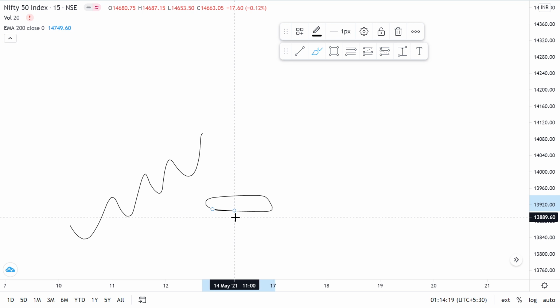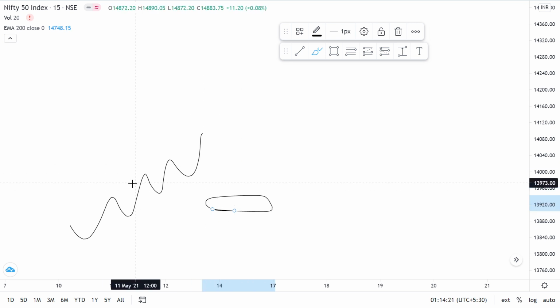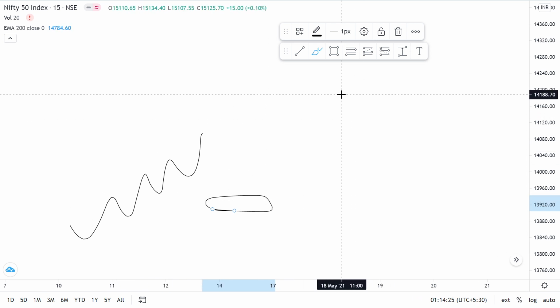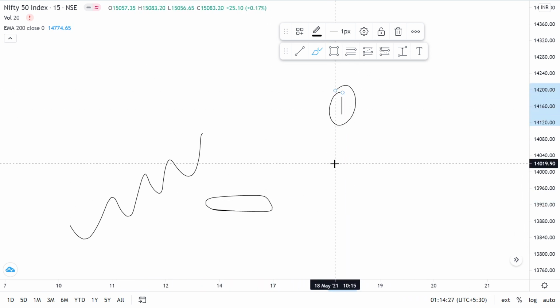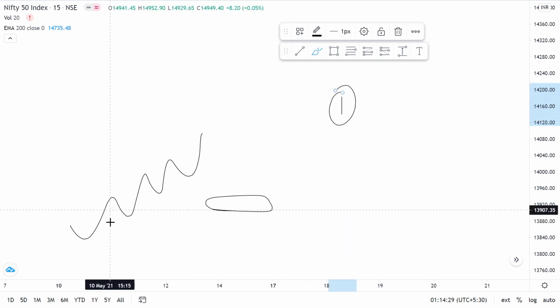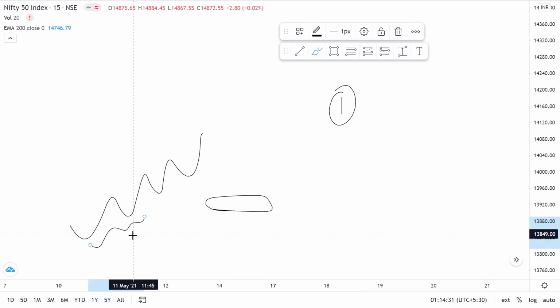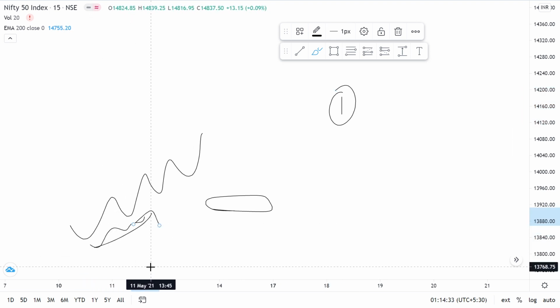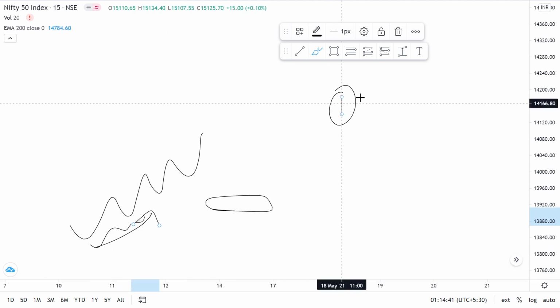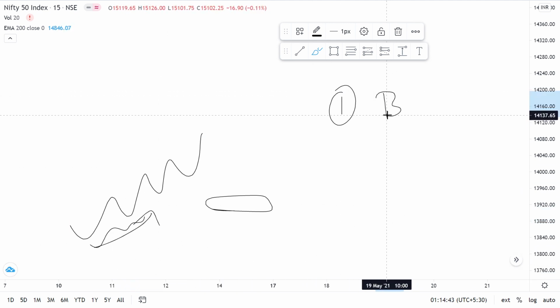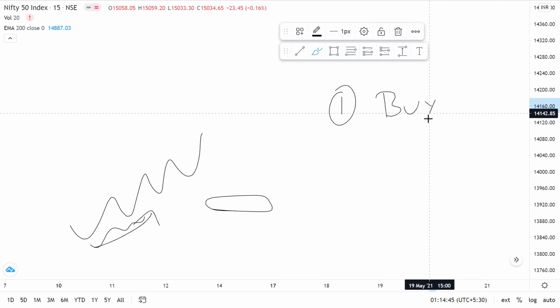So what happens if there is a gap down opening whereas the market has trended upwards the previous day? Again, we will see the types of people who have traded there. When a market has shown a strong upward move here, obviously there is buying pressure. There are a lot of buyers in the market who have bought their positions, the buyers who have bought in this rally right here.